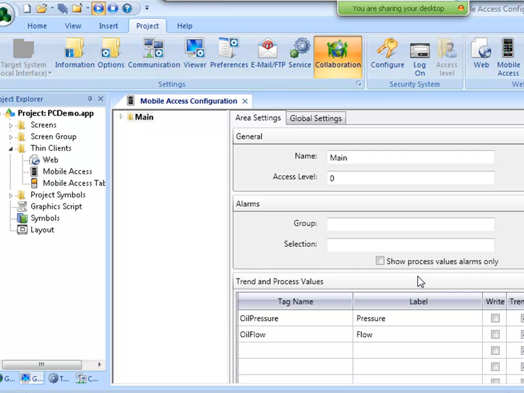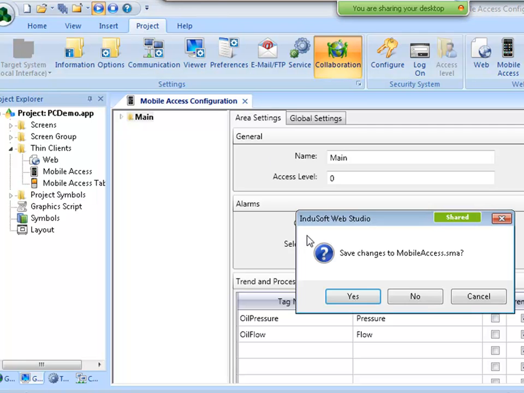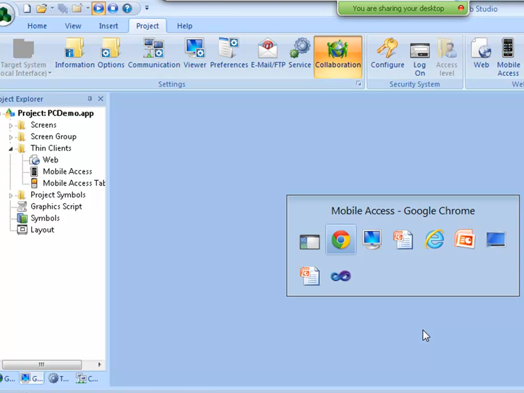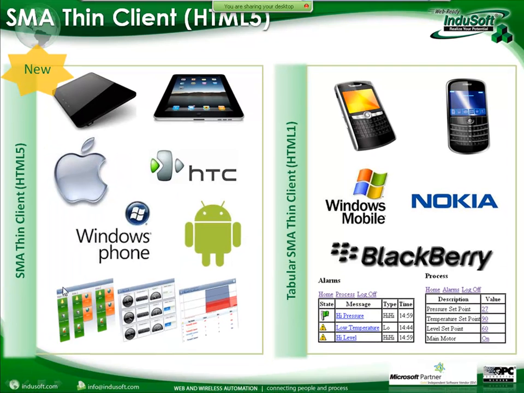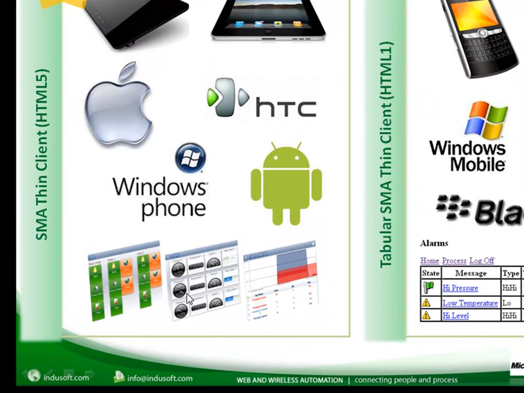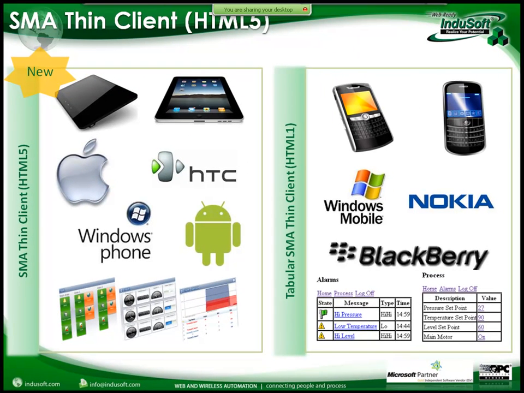You don't have to draw the screens, worry about realigning objects, realigning controls. Everything is aligned automatically for you. And again, you can define the navigation with the built-in security system. You can display online tag values in dashboards with different gauges. You can visualize trend online and trend history, as well as the list of online alarms and acknowledge alarms from the mobile devices. So all the main features,